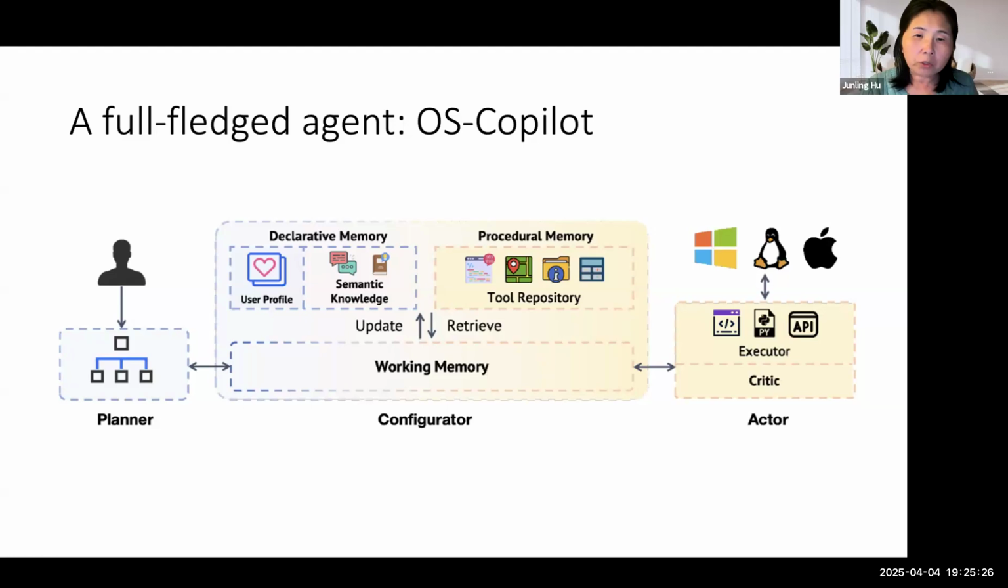So this agent has several components. First of all, it has a planner. Planner means if it tries to do something for you, it needs to have a sequence of actions. And those actions, on the right side, could be interfacing with the internet, with APIs, with your OS underlying system.